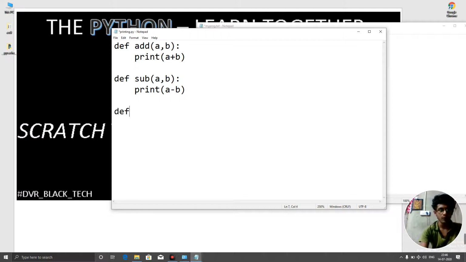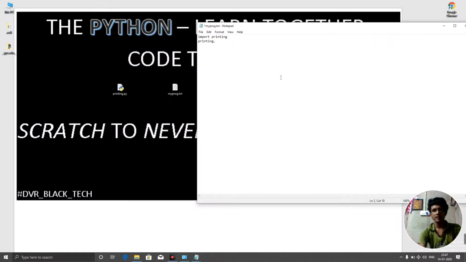Then I'm going to define mul with a comma b, and here I'm going to print a star b. I just printed all these things. When I pass values to the add function, it will print that addition. Here subtraction, and here the multiplication. Then I just save this file. Here I have lots of functions like this, and here